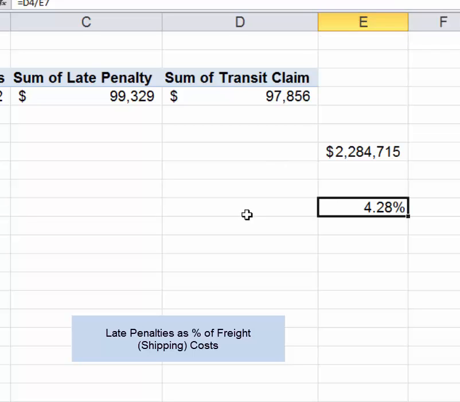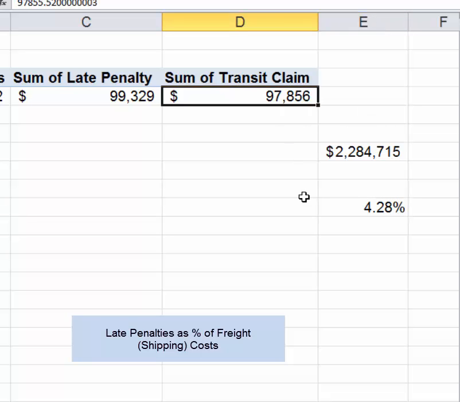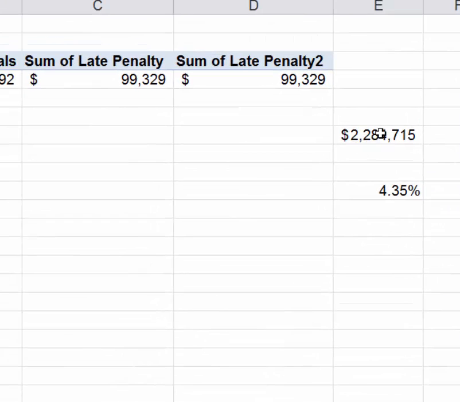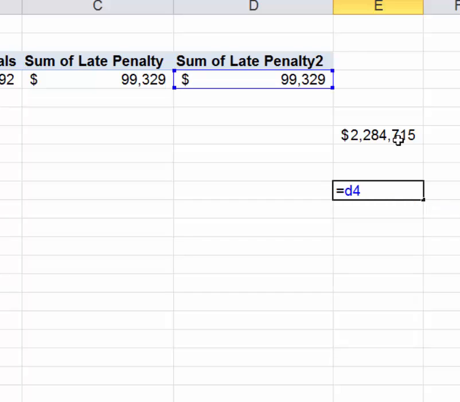Late penalties as a percentage of shipping costs. So it's the same idea. Let's get rid of transit time and let's put late penalties in there. So out of my total $2.284 million shipping costs, what was late penalties? So the math is, let's do D4 divided by E7. And it was 4.35%. So 4.35% of my entire shipping expenses were actually late penalties,